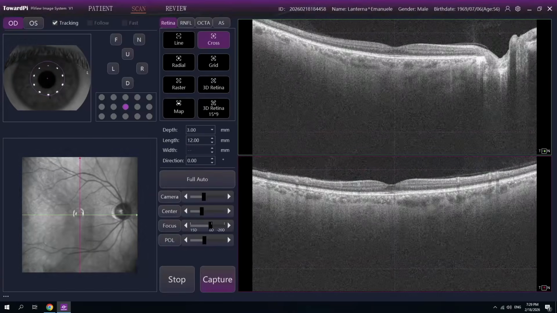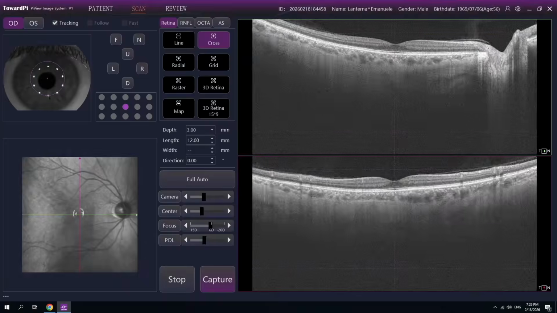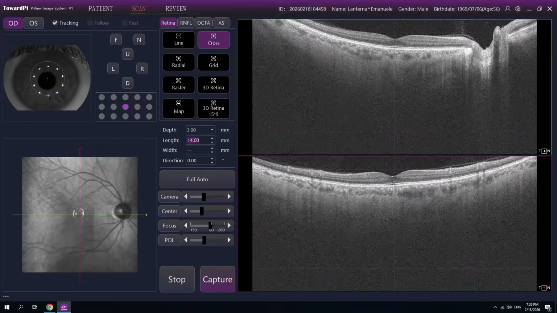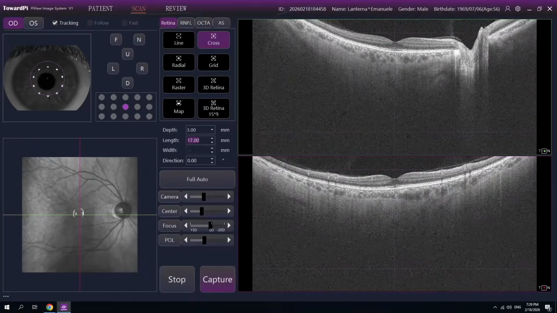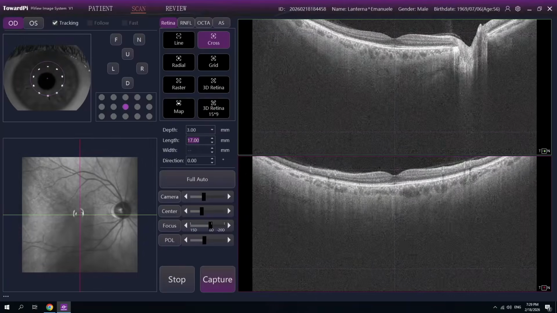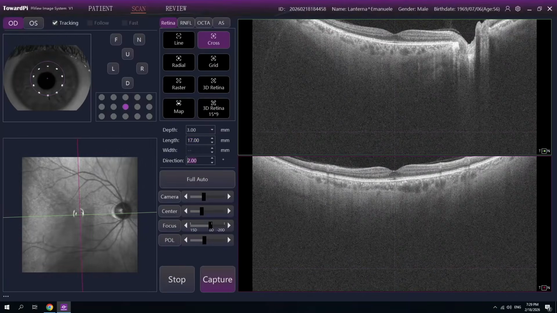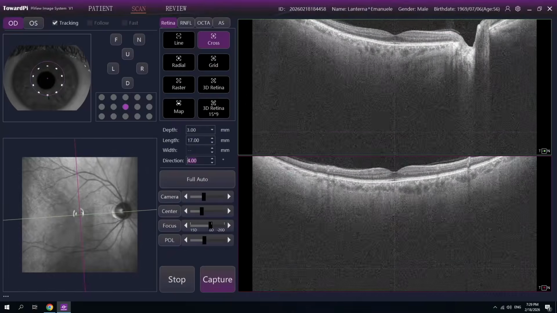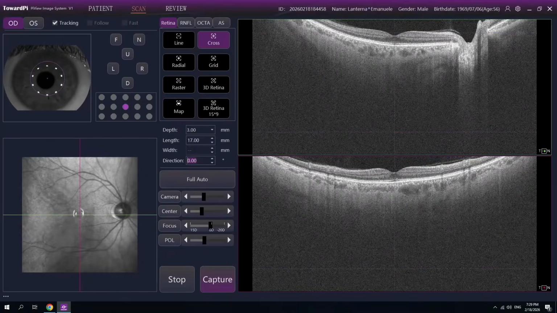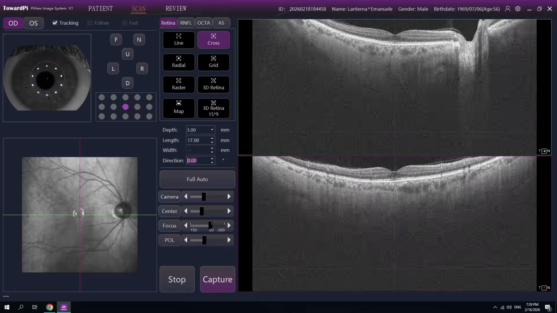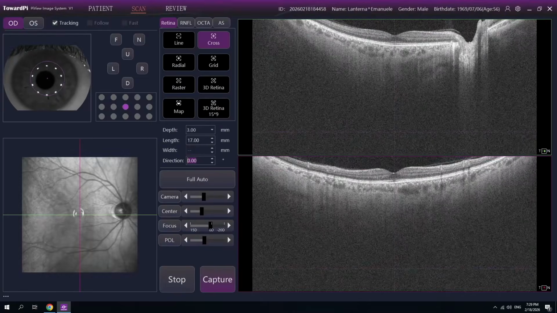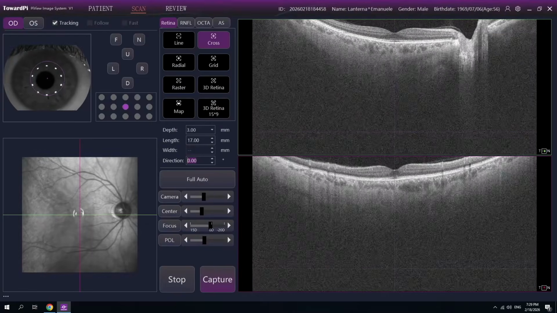By default, we have a wide scan length of 12 mm, but we can increase it up to 17. Of course, you have the option to also change the direction, which is the angle of acquisition, and actually rotate the scanning lines. So, with the same principle as before, we use the top left of the screen to click